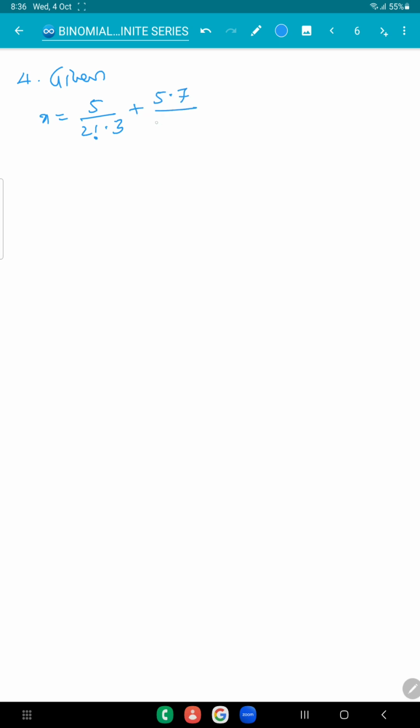5 into 7 by 3 factorial into 1 by 3 square, 5 into 7 into 9 by 4 factorial into 1 by 3 whole cube plus and so on. Observe that if 2 factorial is there, we have to have 2 terms in the numerator, right? There is no second term, and x by q whole square should be also there. What I am going to do is, that implies that